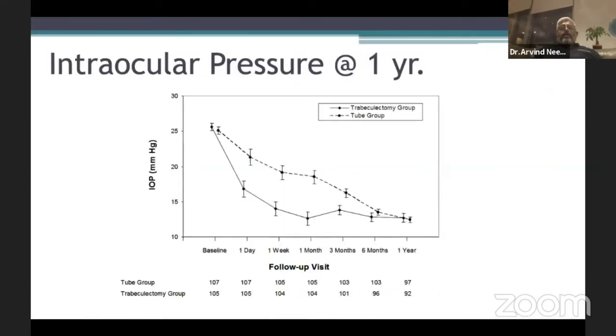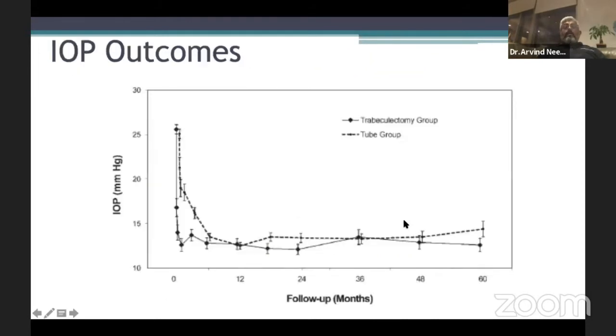So if you look at the intraocular pressure over the years, like I said, both started off over 25, and then at about a year, they were pretty similar at the end of 1 year. But if you look at the end of 5 years, there seems to be a divergence. The trabeculectomy group was slightly lower and the tube group was slightly higher,